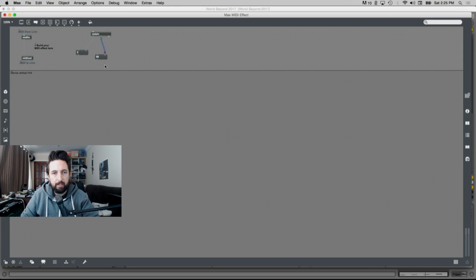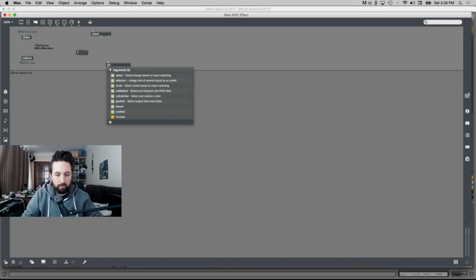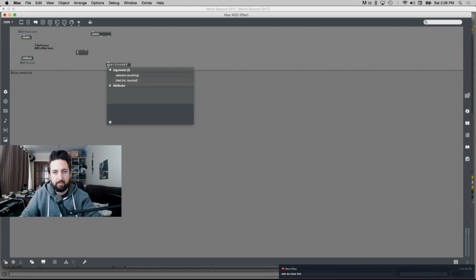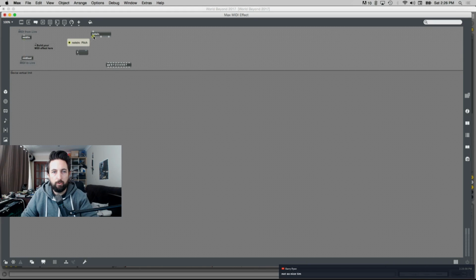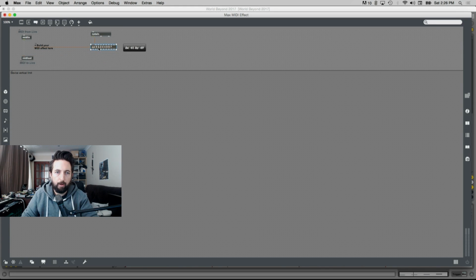But what I want to do here is make it so that we want 8 of these. So I'm going to create a new object called select, and I'm going to type 0, 1, 2, 3, 4, 5, 6, 7. And then I'm going to connect the note in to that select. What that means is this is going to pick up 0 through 7, and depending on which is currently triggered, it's going to send it out through one of these outputs down here. For example, if I put some bang modules here and connect them to the outputs,